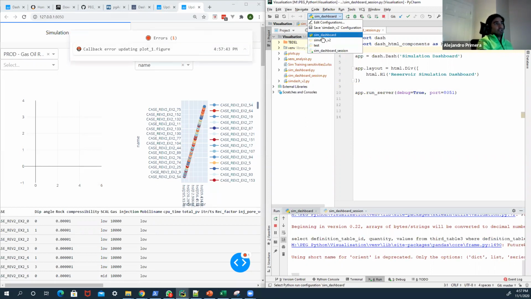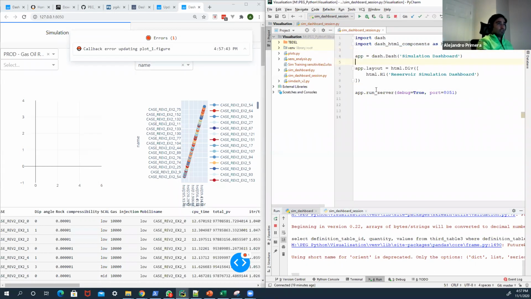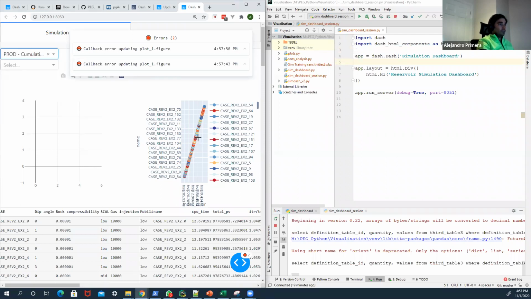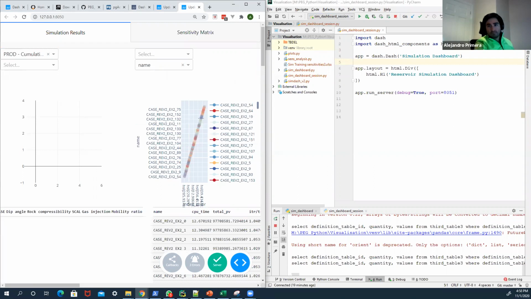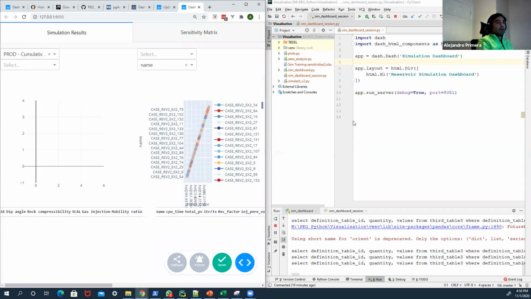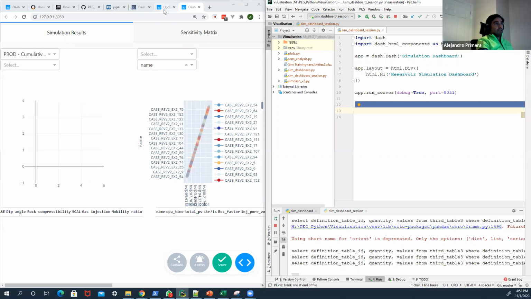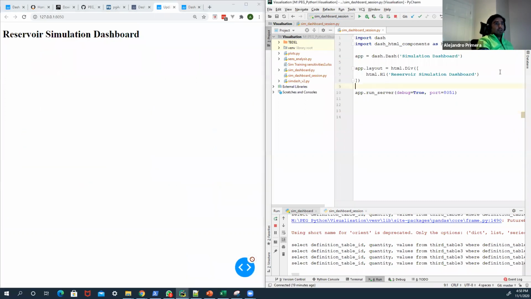I have the original simulation dashboard, and I have this dashboard, and I can switch back and forth between these two sessions, between these two files. I want to add this drop down in this dashboard, and in order to do that,